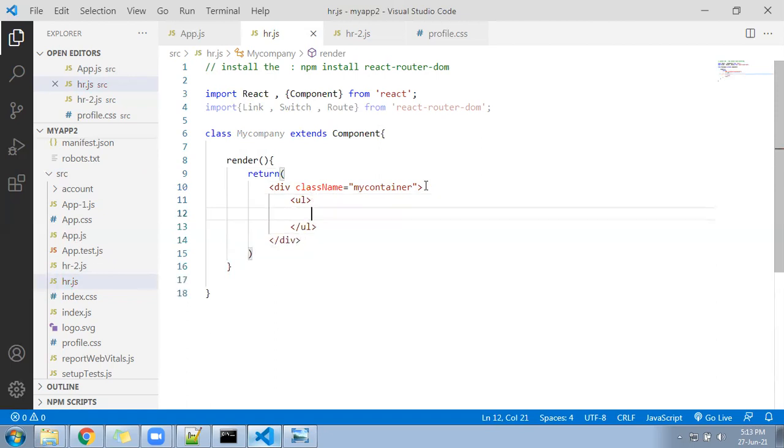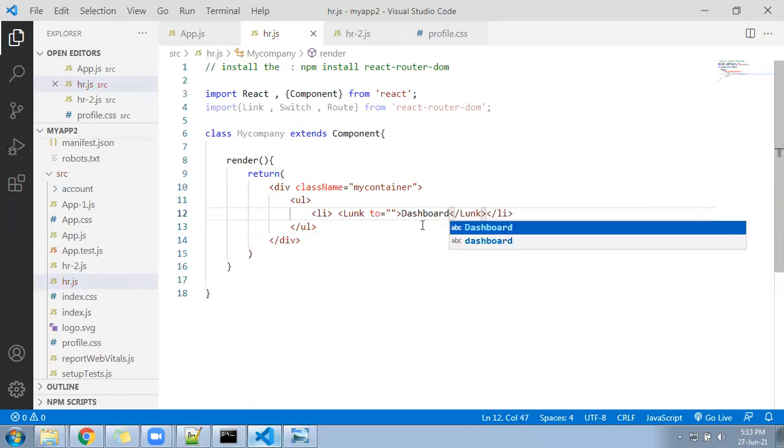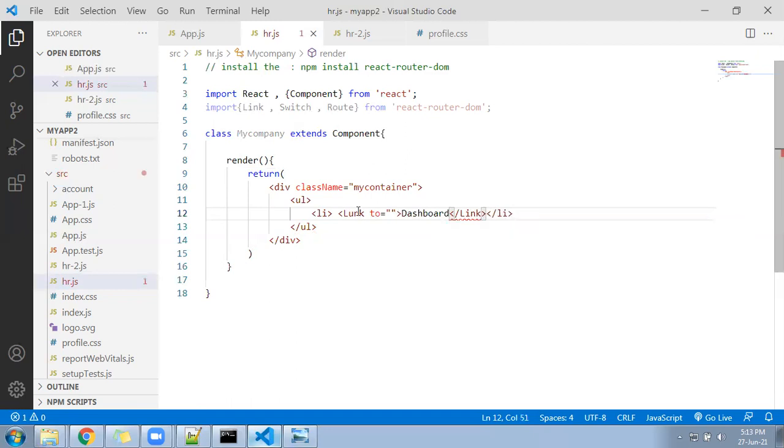Now here I will follow the UL, and inside the UL I will be following the LI. And since I have already used here the link tag, so I will be calling the link tag as well. Link to, as of now, let me keep as a empty here, and I'll write here first call dashboard. It should be link dashboard.